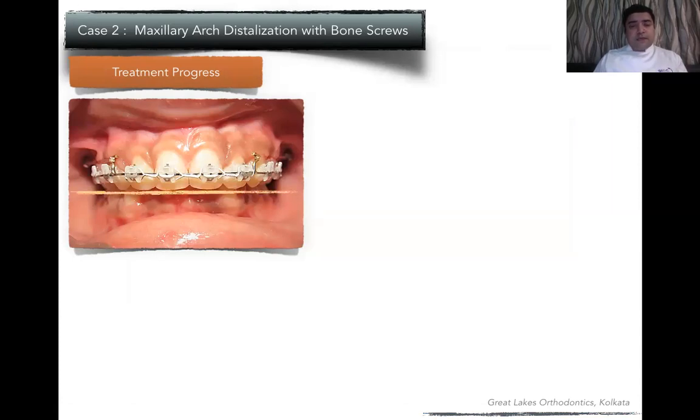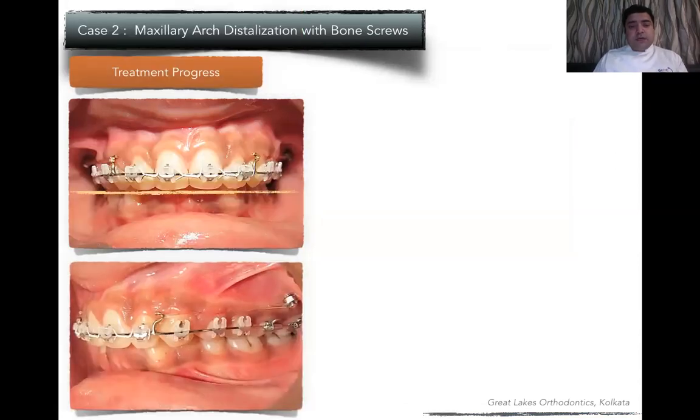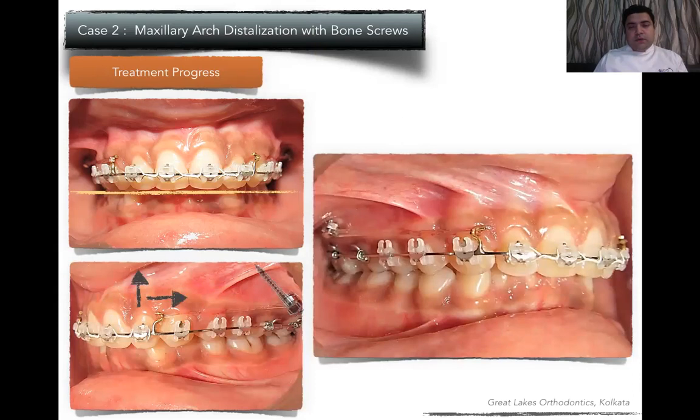You have to place a bone screw on the left hand side also. That's because even if the force may not be 300 grams, it could be about 200 grams. Even though the molar relationship is class 1, in order to maintain the occlusal plane. Otherwise, you will get quite a lot of canting of the occlusal plane, and you have canting of smile also. So in this case, you have to place a bone screw on the left hand side also. The force is merely used in this case to balance out on the pitch, roll, and the yaw aspect of it.